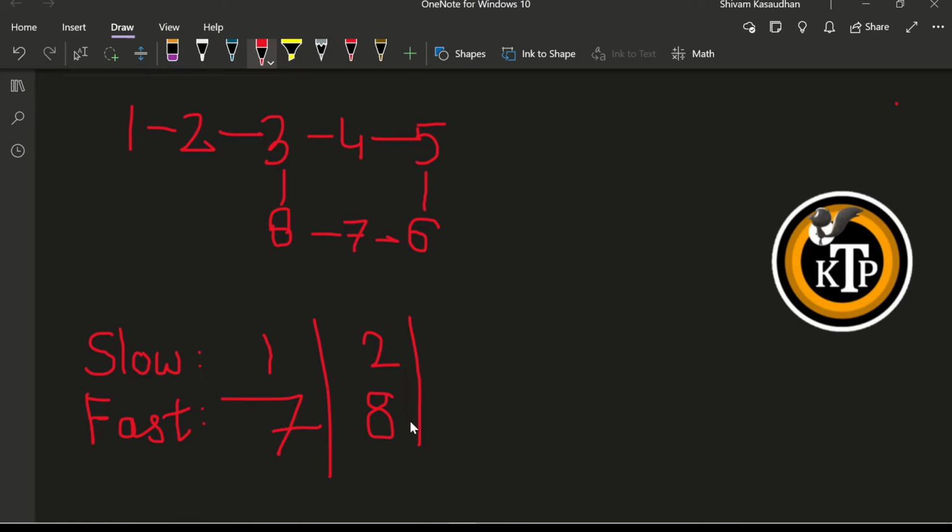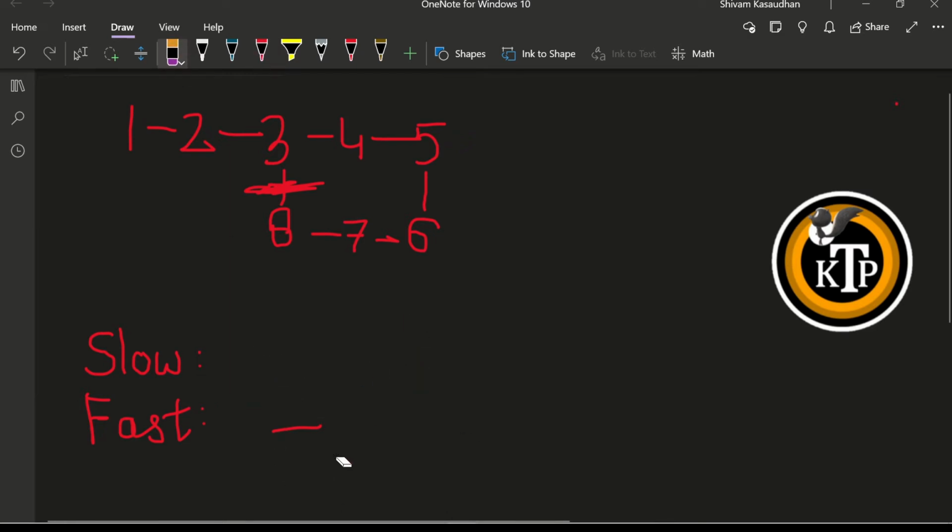So at this condition, we'll just set the next of fast pointer as null, and our loop will be broken from here. But we have an exception. In every linked list, this solution doesn't work. So I will explain to you about that exception. Let me take an example that doesn't exist in this linked list.